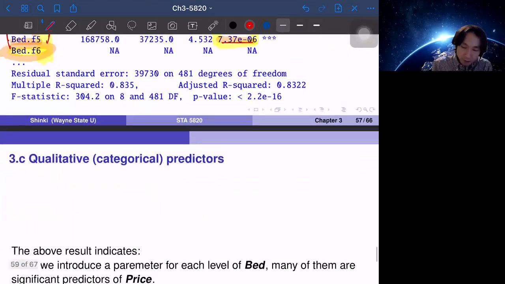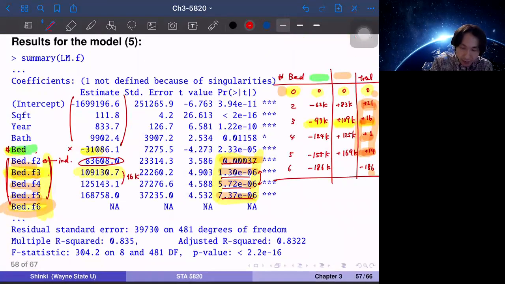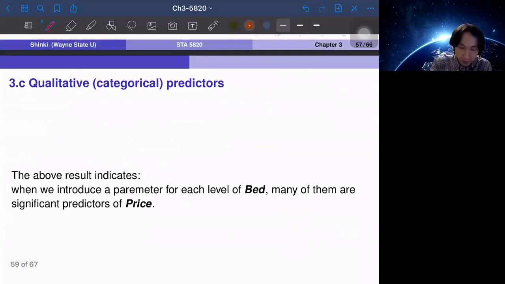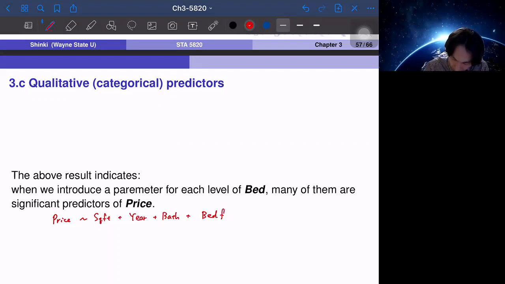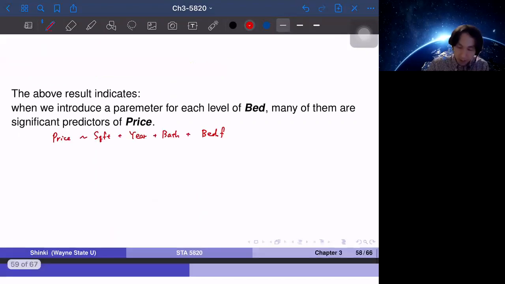And actually, if we drop this quantitative variable, the number of bed, and we fit the price on square footage and year and the number of bathroom and just the factor variable, the bet f, then